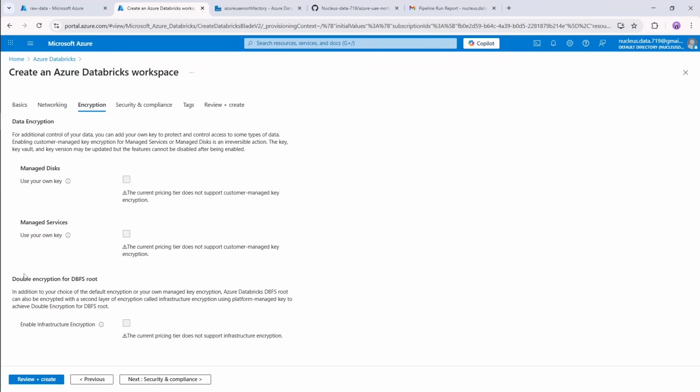Now the next option is double encryption for DBFS root. Enable infrastructure encryption. What it does is apply a second layer of encryption so your data is encrypted twice, once with your key and once with Microsoft's key. This feature provides defense in depth and is especially valuable for industries that require maximum data protection,